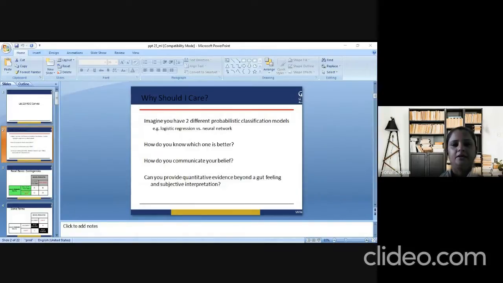So, basically, ROC stands for Receiver Operating Characteristic Curve, which is a graphical plot that illustrates the diagnostic ability of a binary classifier system as its discrimination threshold is varied. Now, the method was originally developed for operators of military radar receivers starting in 1941, which led to its name. The ROC curve is created by plotting the true positive rate against the false positive rate at various threshold settings.